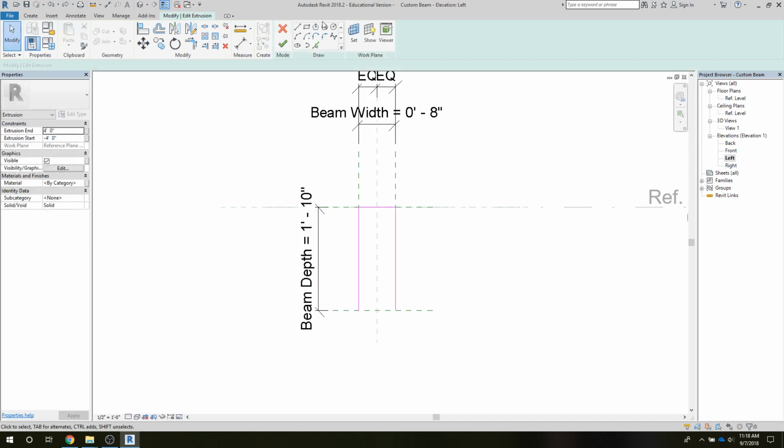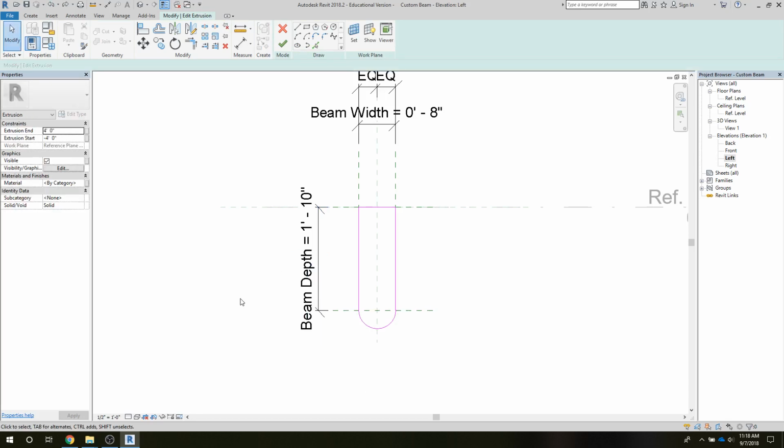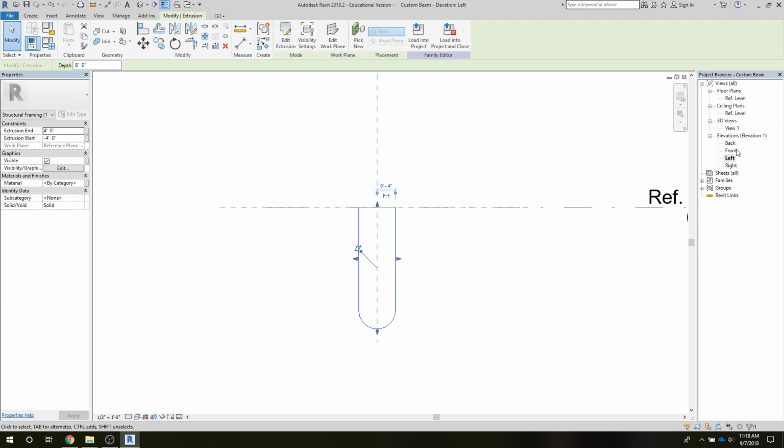All right, so the last thing we want to do then is add that curve. And we want to lock those edges to it. And then let's see what happens when we change this value again. And we have parametric connections to everything. All right, so we can close out of this,